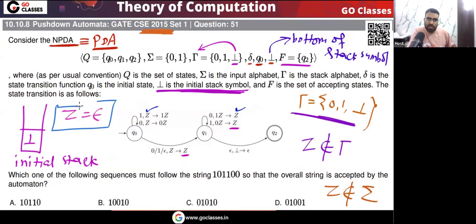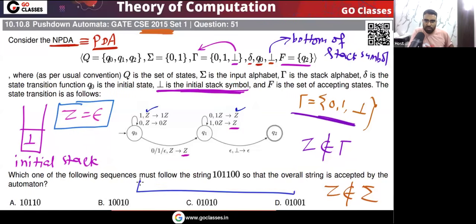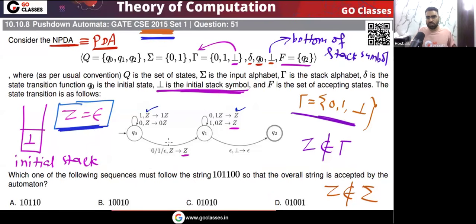Is this point clear? In this question, it is not given. I think they forgot to mention it. They should mention it. They must mention it. Maybe there is some typing mistake here. Maybe they have printed this Z instead of epsilon. Or maybe they wanted to write one line saying Z is epsilon. But actually in this question, the final thing is that Z is epsilon, and they should give this in the question. So this is actually not a well-framed question. It is a very poor question actually.